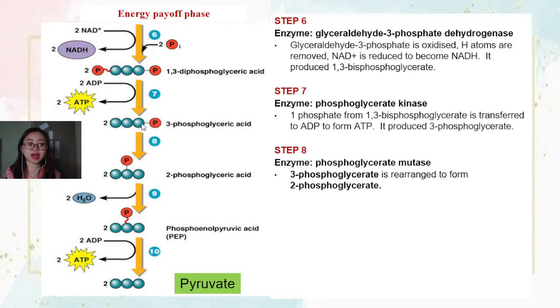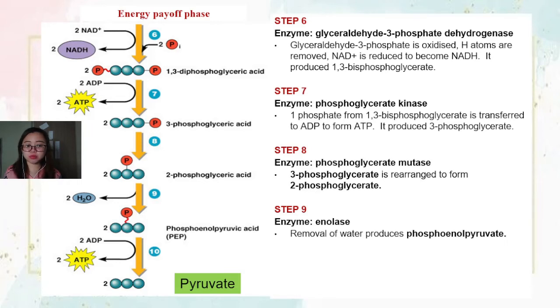So dia akan pindahkan phosphate group itu daripada molekul ketiga kepada molekul kedua. Daripada carbon atom ketiga kepada carbon atom kedua. And that brings us to step number 9. So in step 9, the enzyme that's involved is enolase. So what's going to happen is the removal of water from 2-phosphoglycerate to produce